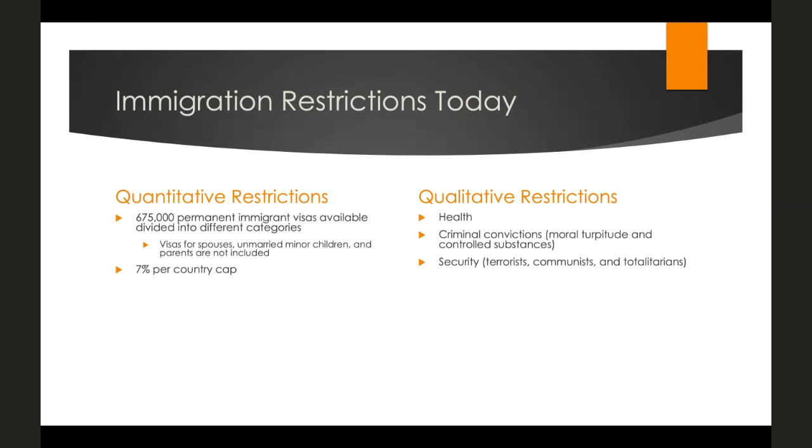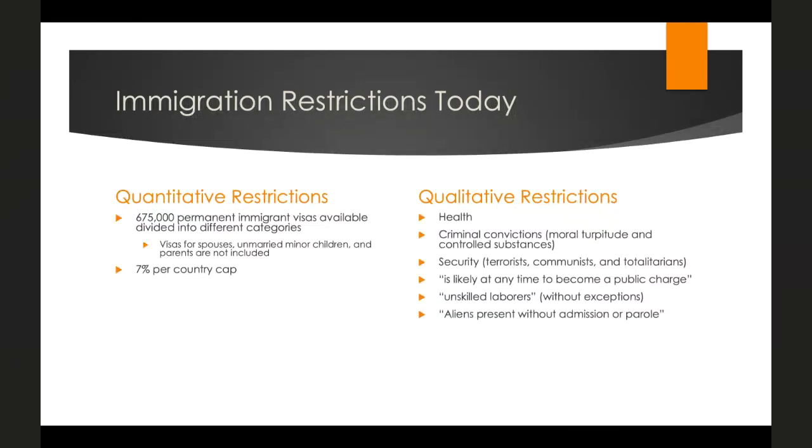There are specific restrictions on security. These are people who are pretty much terrorists, communists, and other totalitarians. So members of the Communist Party are inadmissible for permanent immigration. The fourth is likely at any time to become a public charge. The idea behind public charge restrictions is to declare those who would become dependent on social services inadmissible for immigration. They also created, if you were an unskilled laborer, quote unquote, you were inadmissible without certain exceptions from the Secretary of Labor declaring that there is a labor shortage.